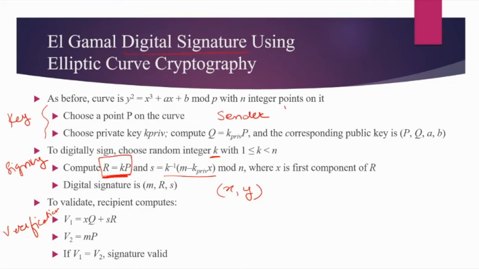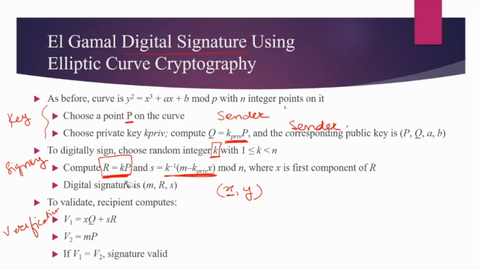In elliptic curve cipher, these are the points at receiver side, right? Now these are the points at sender side. So suppose Alice wants to send Bob the message. Alice will select a private key and compute her public key, and then select a point, compute R by selecting a random integer K, and S is computed by this equation. Okay. What is X? X is the first component of R.